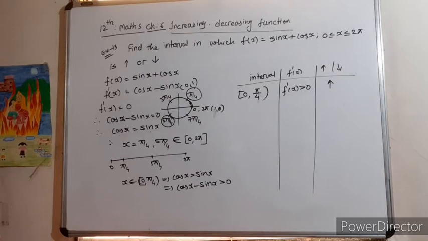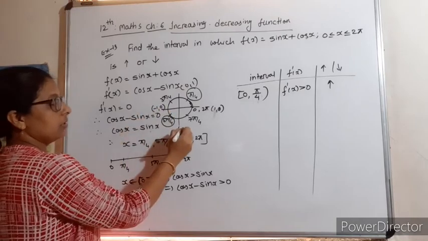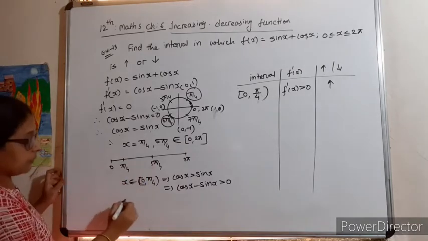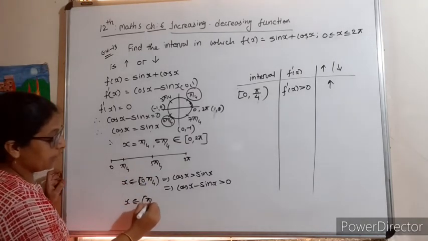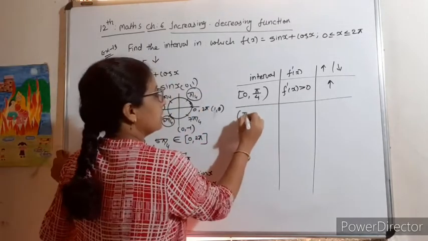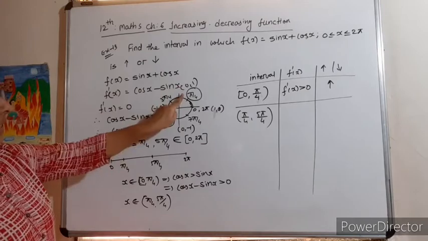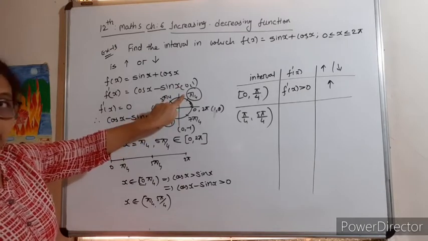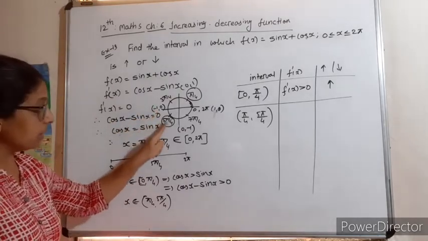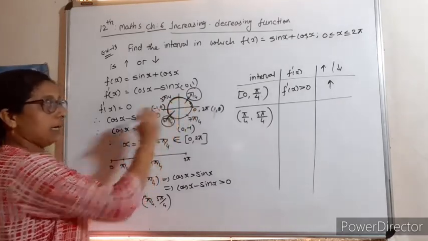Understand that? Yes. Same way. Here 0 to 1, then here it is minus 1, 0, 0, minus 1. So x belongs to the open interval pi by 4 to 5 pi by 4. The second interval is pi by 4 to 5 pi by 4. Here, what did I say? Look, cos is a decreasing function; from 0 to minus 1 it is again decreasing, and from minus 1 it is increasing, so up to 5 pi by 4, this whole area.